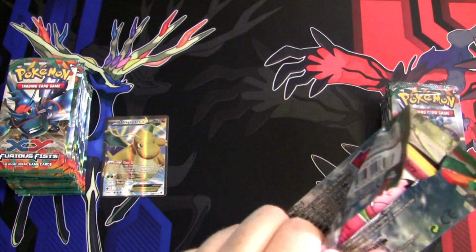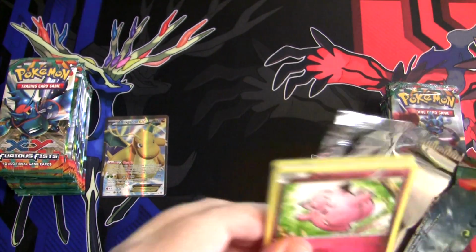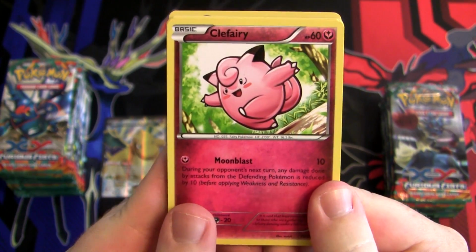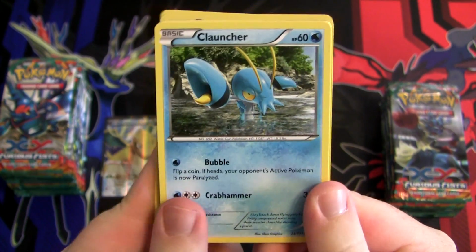I should probably put that Dragonite in a sleeve. I'll do that in a moment. Okay, I do have some sleeves off to the side. Cool, so Clefairy, Clauncher,